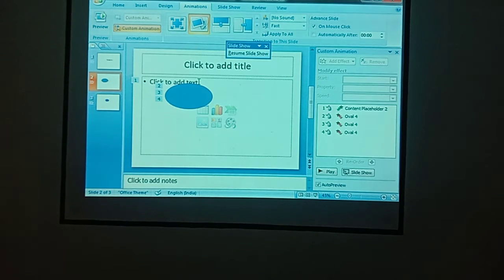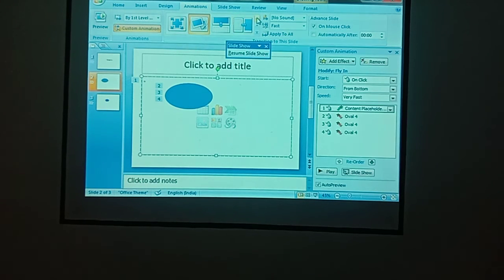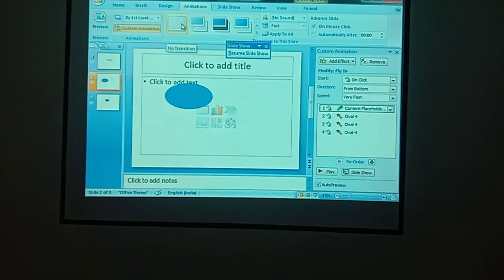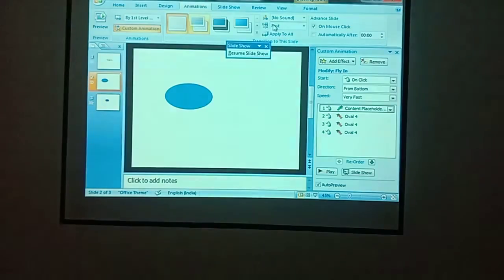If you feel that you do not need any transition effects, there is the no transition effect. You can click on that transition. So when you are playing your slide, you won't get any transition effects. Okay.